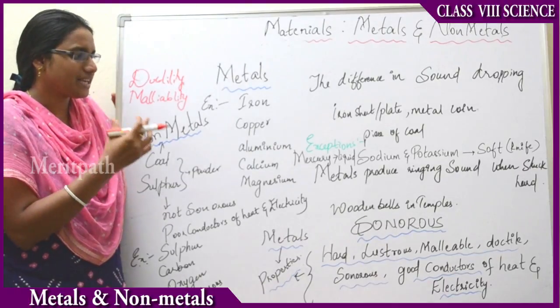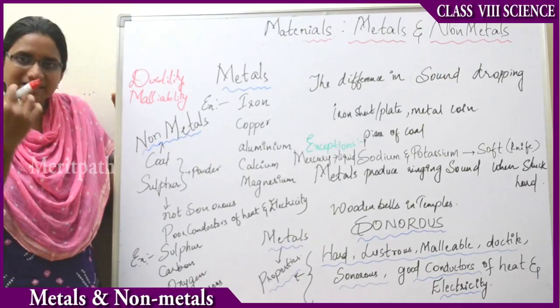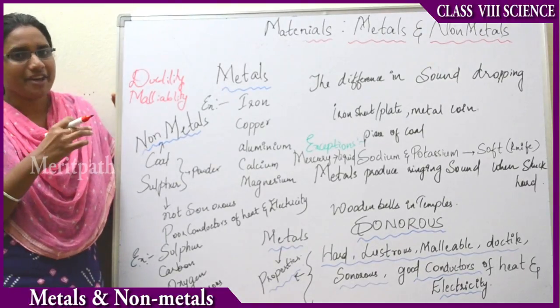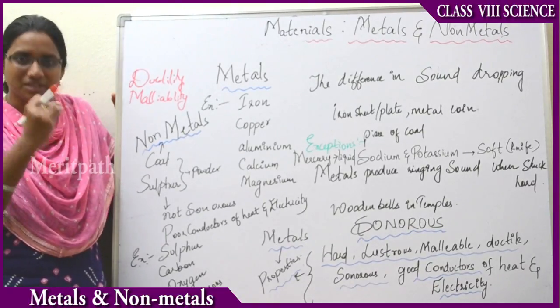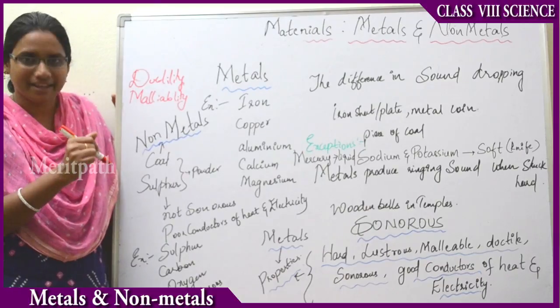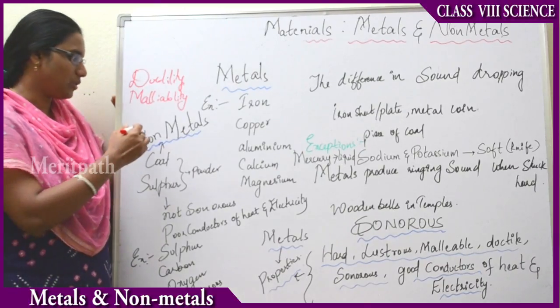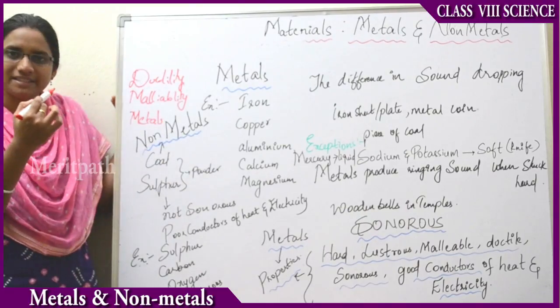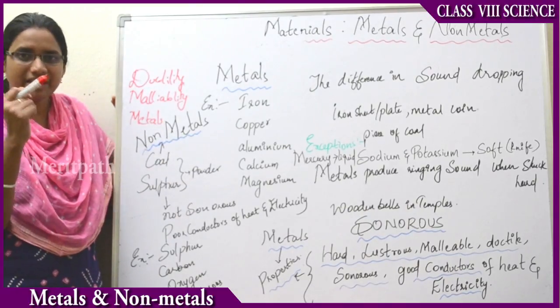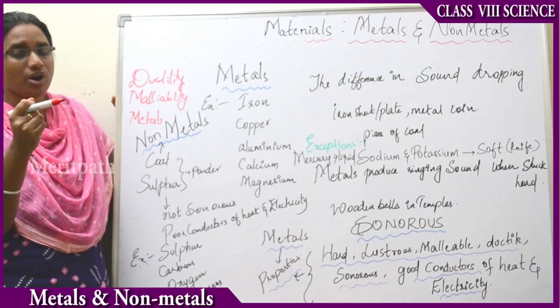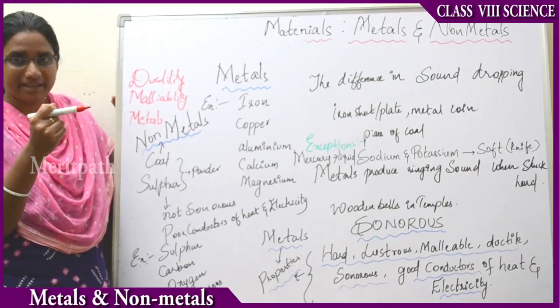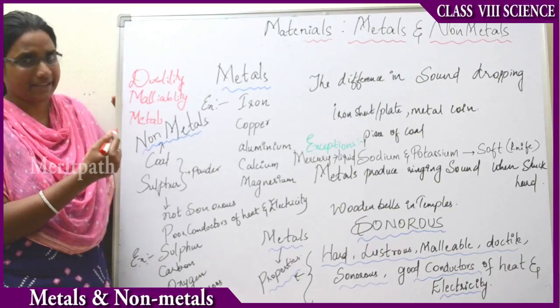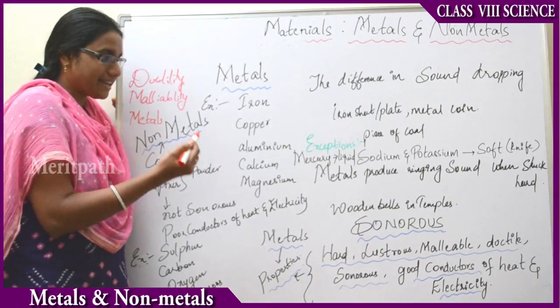Why are we using metals only to produce the sound? The reason is that metals produce sound when they are beaten harder. That is the main cause. We will be using only metals to generate any sounds or for the sake of vibrations. Even the tuning fork, if you observe, is not made of wood or any non-metal. It is made of iron, the metal. Now, these metals